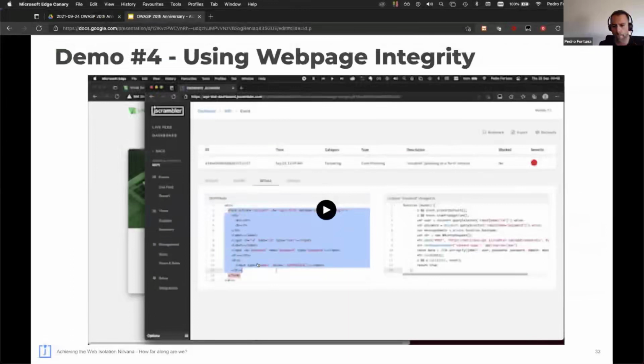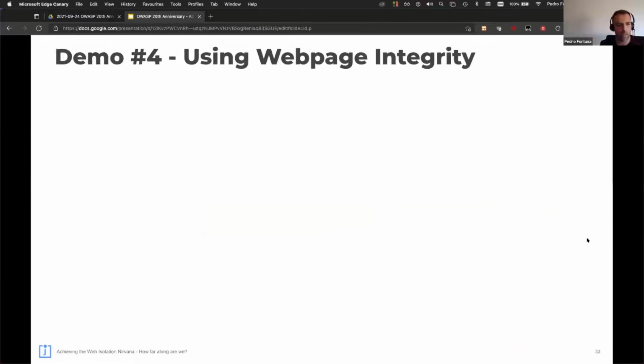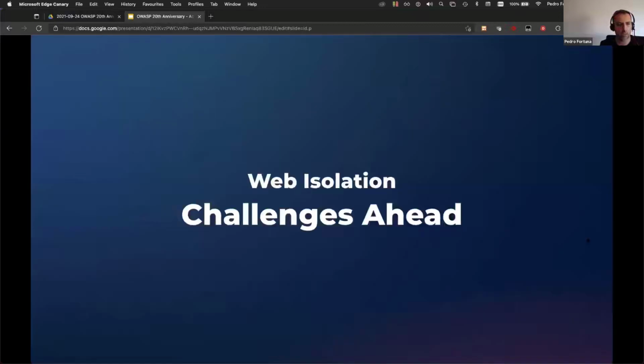Okay, so the demo may lead you to think that we need to find out about things and only then block them. But the rules engine actually allows you to set allow lists beforehand. You can name one script that needs access to the form fields, and then you can preventively say only these scripts can access the forms. So let's move quicker. Okay, so the talk is coming to an end, but we still need to address the